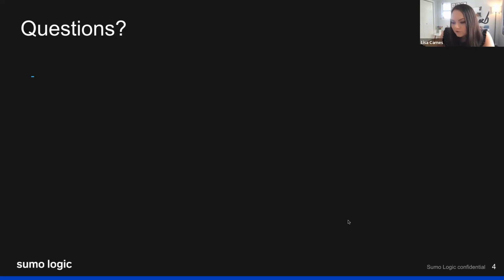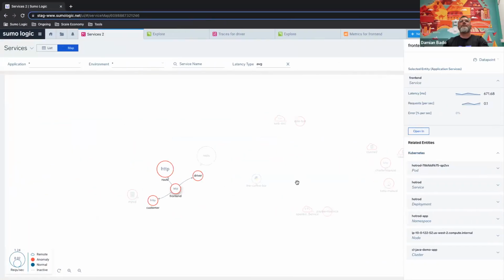How would I configure alerts for P95 errors? Alerts for P95 errors. So in this particular view, I don't think you can do it. You should probably use some other view, which I'm not fully familiar with. So I won't be able to answer this question straight away, but I can figure that out. Maybe Lisa can share my email, and if there are questions like that which I cannot answer today, I will